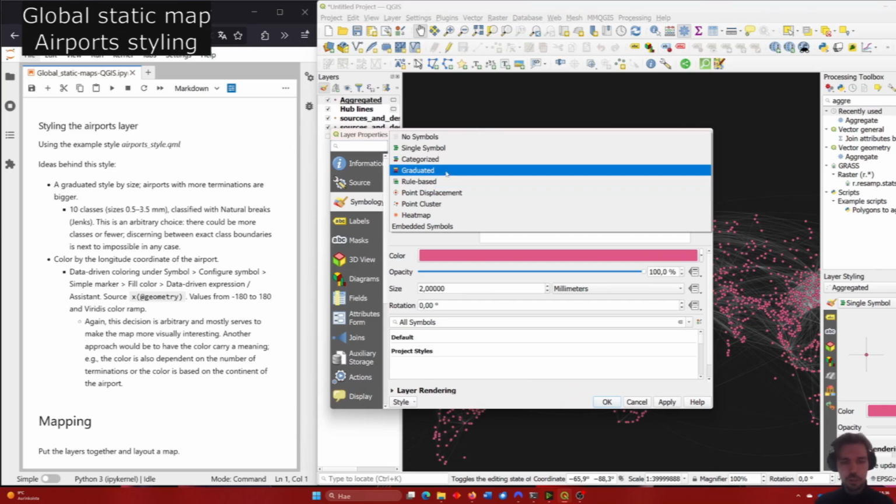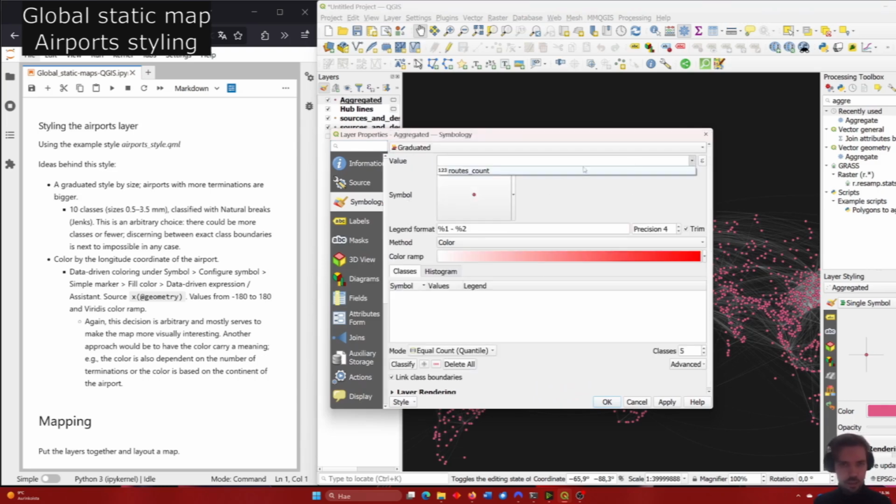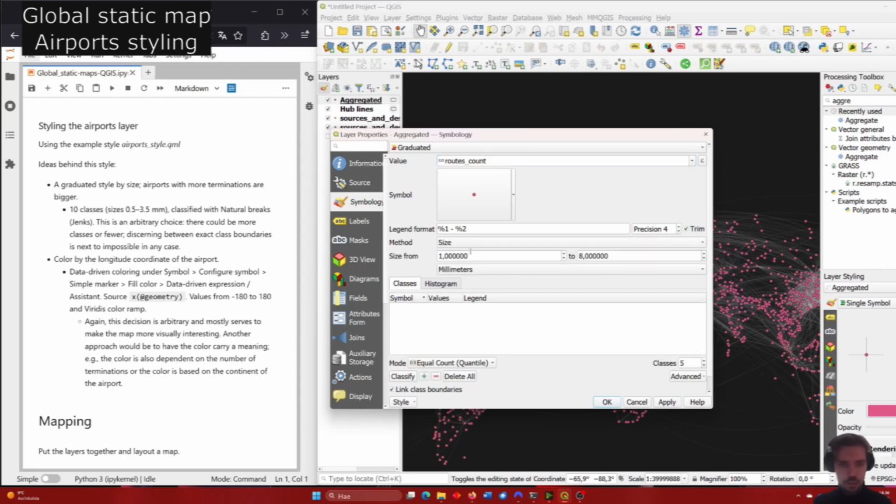So use the basic graduated functionality here, which counts the size, from 0.5 millimeter to 3.5, and these were just ones that I found to be quite suitable. We're not looking for exact information with it. This will be more so style than information first map, so it's not necessary for